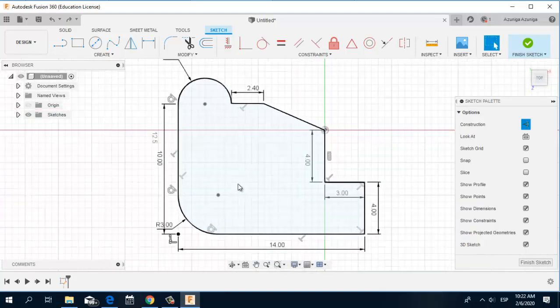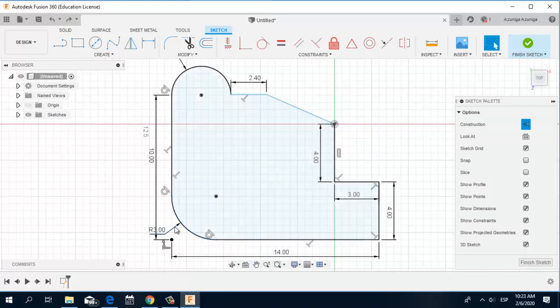Okay, so when I create this fillet right over here with a radius of 3, it generates a center point. This is the center point of this section of the circumference. What I'm going to do is create a construction line. On your right, on the sketch palette, you can see an option that says construction. If you click on this construction, you can create lines that will help you analyze or help you draw some